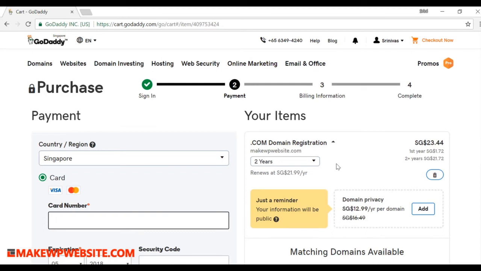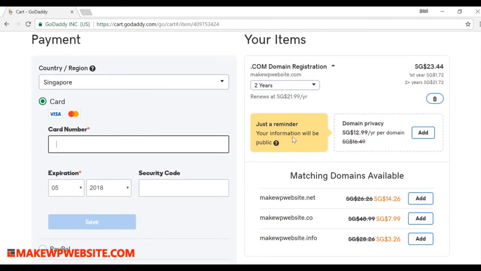Okay, so here is our billing page now. Just a reminder that they have already been added here. As of now it's public, right? And if you add this, then you get an additional $12.90 per year per domain to pay. And if you change it to 1 year, you see the price goes up, right? $16. But I want to pay for 2 years, then I get the benefit of $1.99. So that's $1.72 for the first year, and the second year is 21 cents.